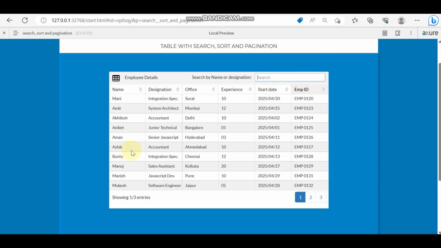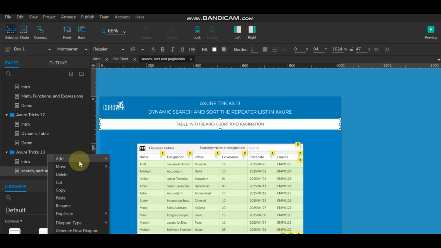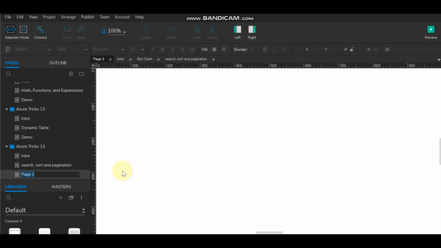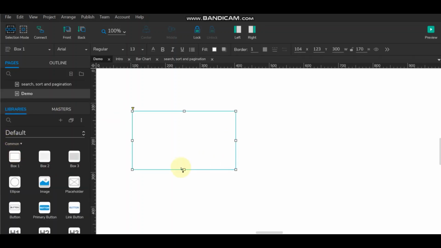So let's start creating a dynamic table using a repeater with all the functionalities: search, sort and pagination. So we'll create a demo page. So here we'll have the